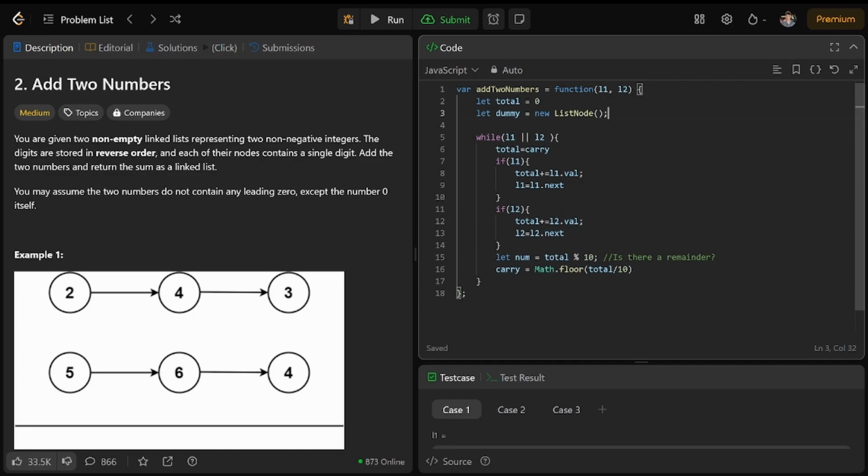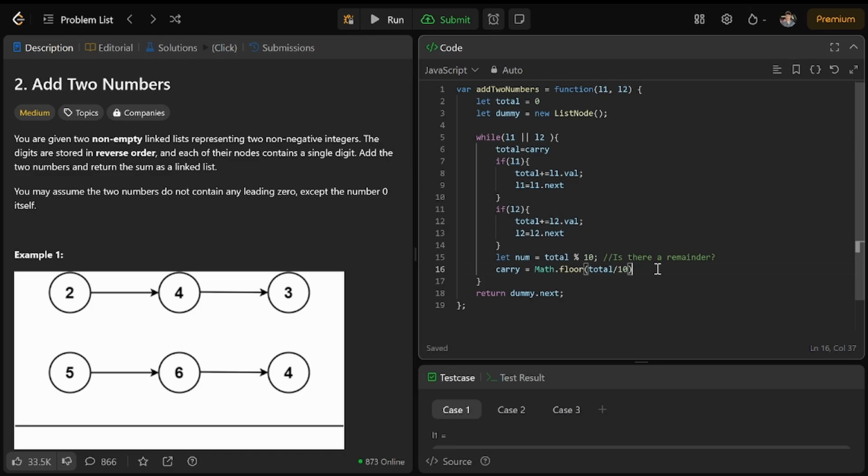Yes. And then on the next iteration, don't create a new node, but append. Instead, we will only append. So we create a dummy node, and when we return the linked list, we're not going to be pointing towards the dummy node. We're going to be pointing towards dummy.next, which will be the first valid